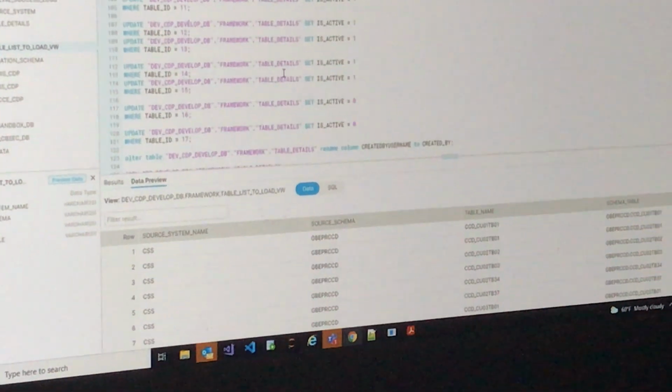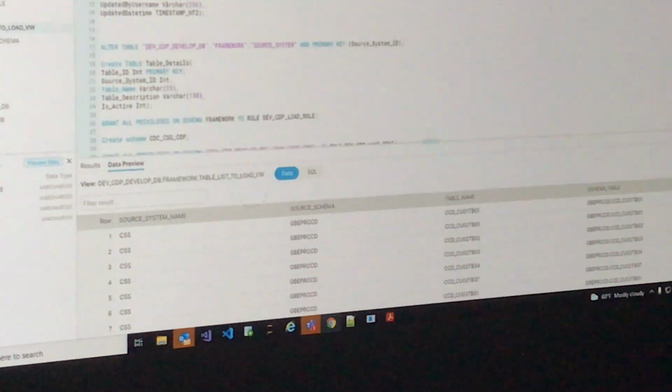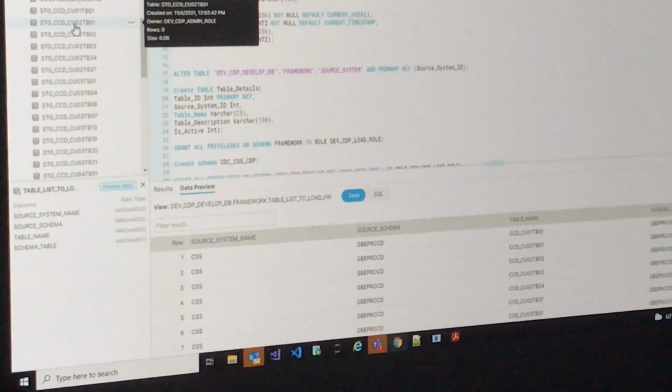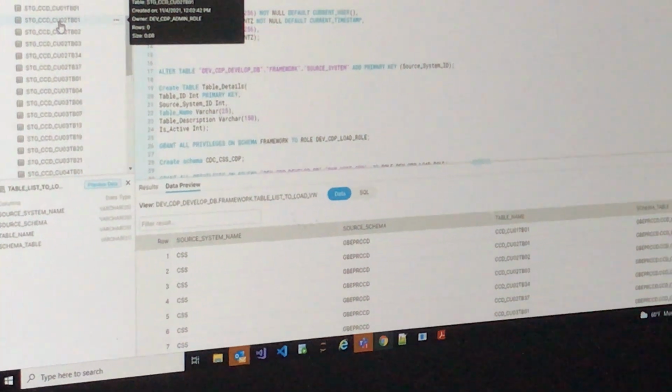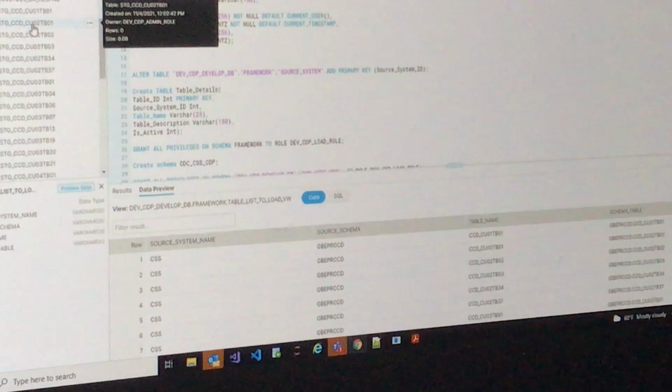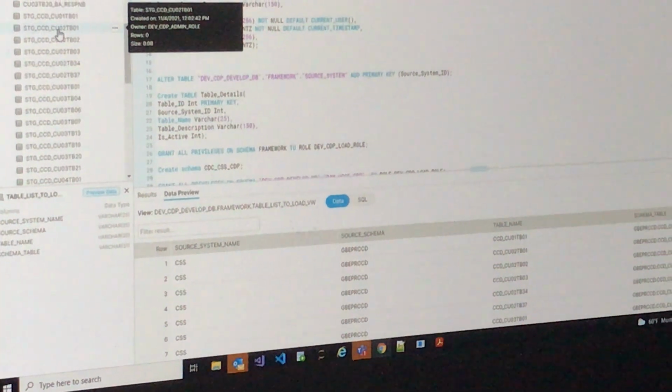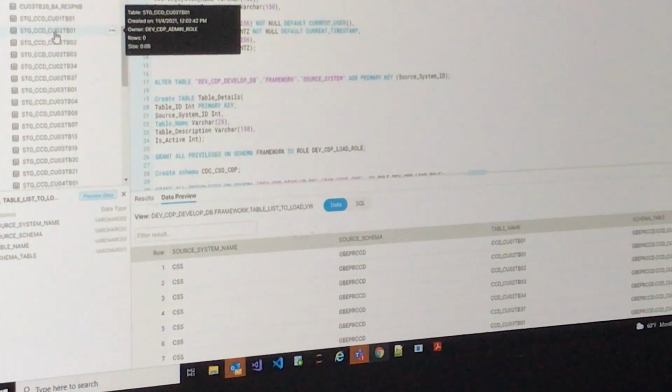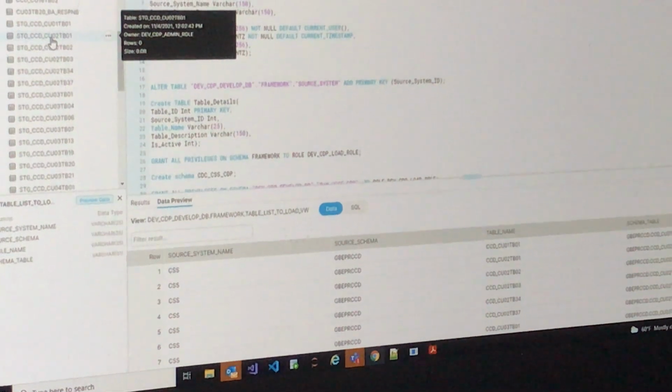Matillion will find the name of the stage table, CDC CU01, in this schema. If Matillion finds the same name, it will load the data into that table. If Matillion will not find that name, it will create a new table.